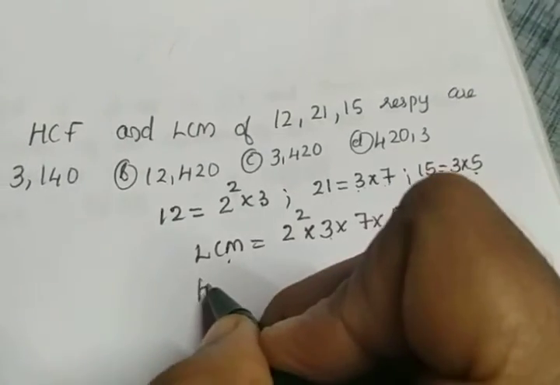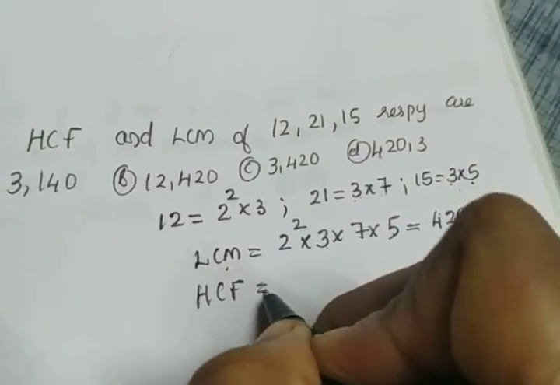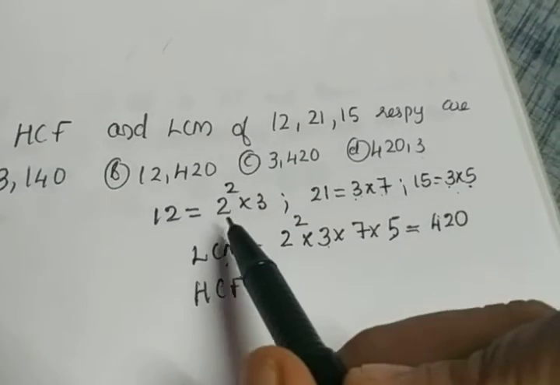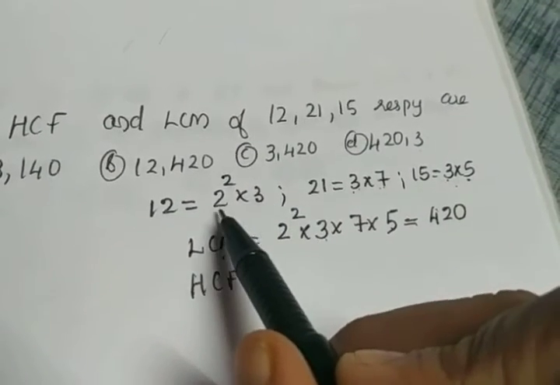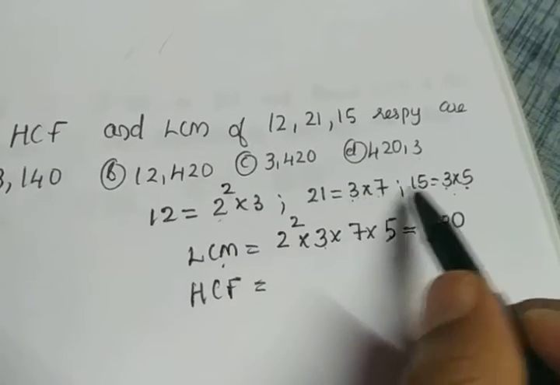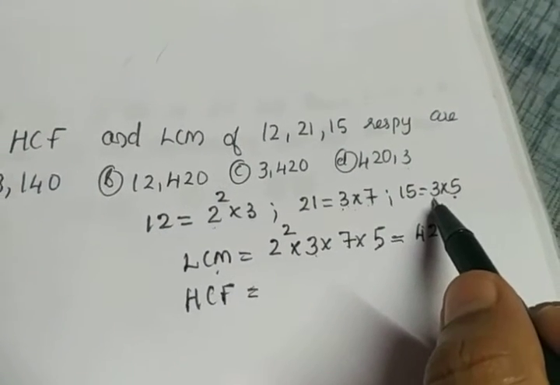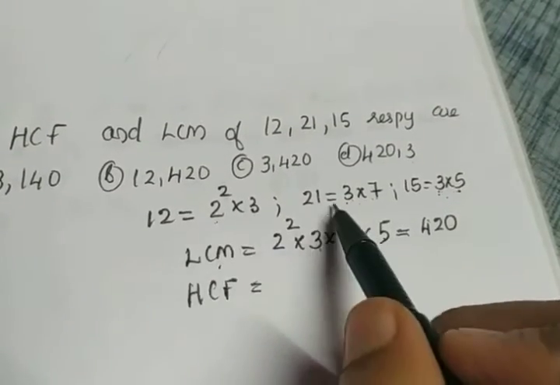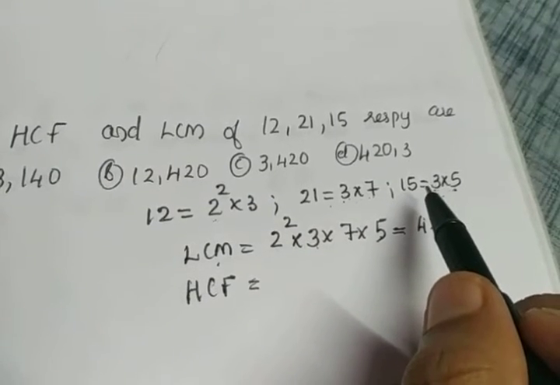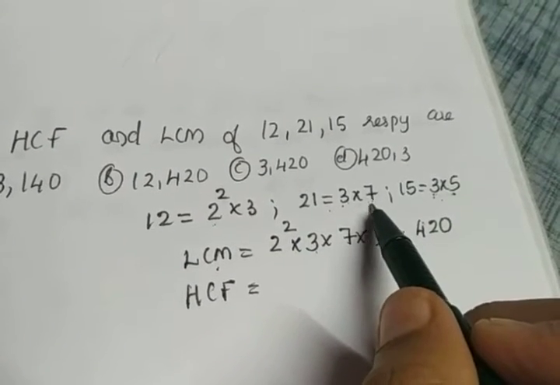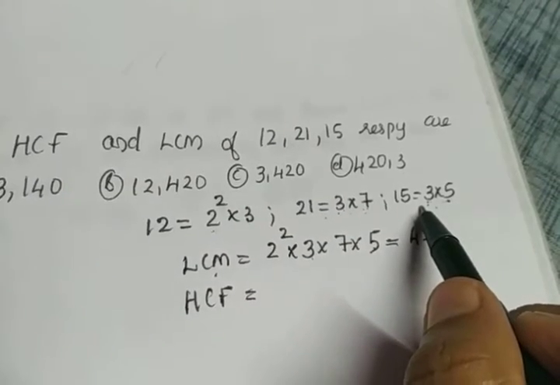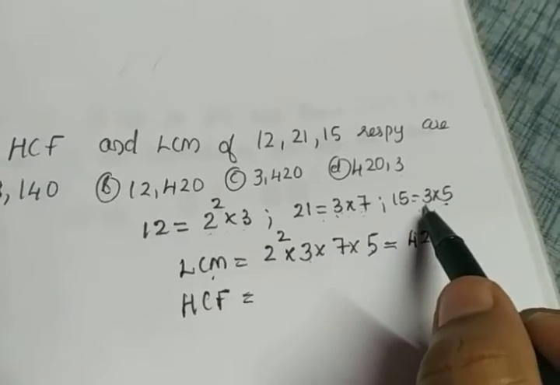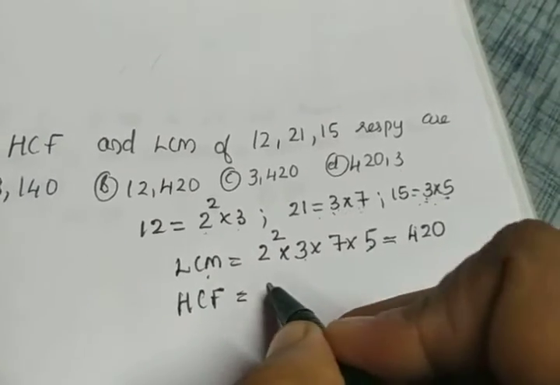And to find the HCF, what do we have to do? We have to take the prime factor which is common in all the terms. If I take the case of 2, 2 is there in the first number but not in the second and the third number, so we cannot take 2. In the case of 5, 5 is there in 15 but not in these two terms, so we are not supposed to take 5. The same is the case with 7. And what about 3? 3 is in 12, here also and here also, with the power 1. So the HCF is 3.